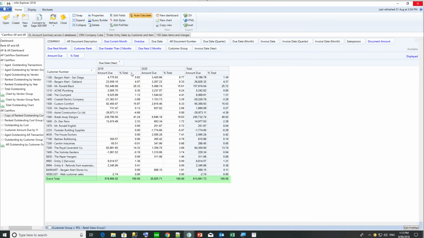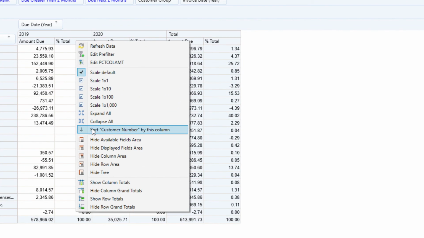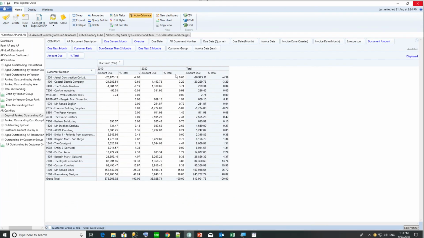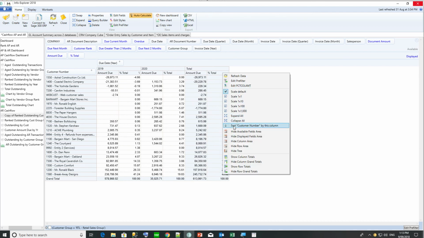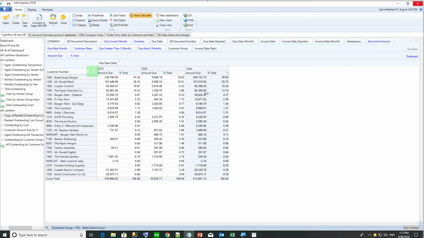I can then right-click on that field and choose Sort Customer Number by this column to sort by the value due in 2019, or I could rank sort by 2020, or I can sort by the total amount. And if I want to sort in descending order, I can click on here and I'll see that breakaway design represents 40% of the total, but only 19% of the total due in 2020 and 41% of the total due